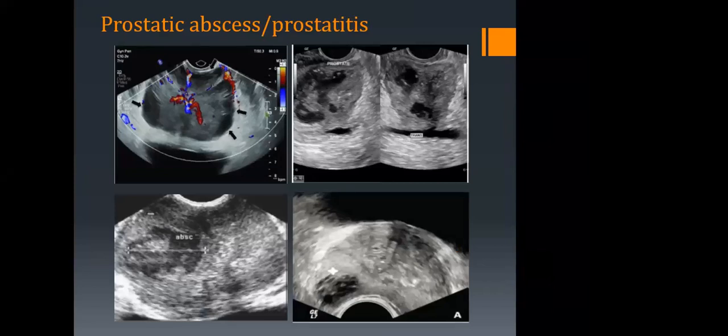In prostatitis, you have prostatic abscesses. You can have this appearance. Now, most often, very many people mistake abscesses for malignancy. But we know what abscesses are. I don't want to dwell so much on them. But we have different appearances here